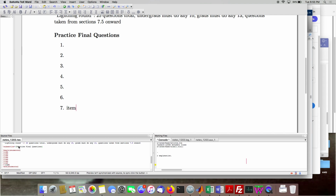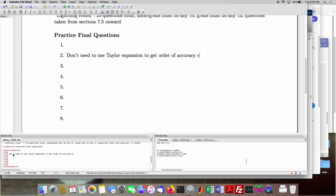All right, I'll be prepared for questions about any of them. Okay, well, first a comment that was made about number 2. You don't need to use Taylor expansion to get order of accuracy. You can use equation 9.6. Okay. All right. Now, for number 8, fixed